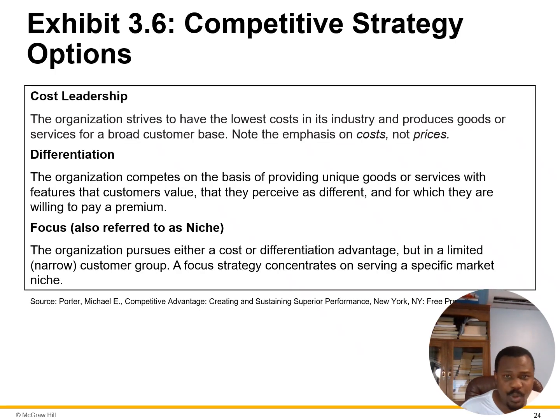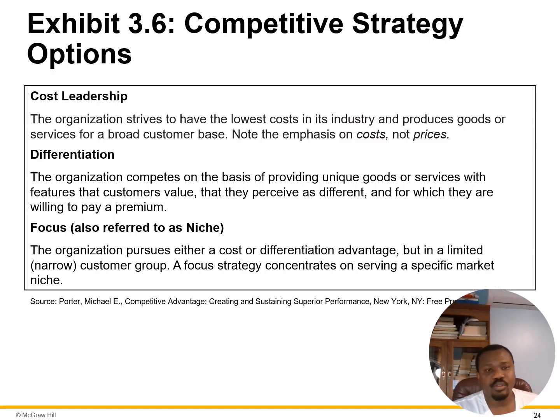Now, let's look at competitive strategy options. When we look at competitive strategy options, what goes on there? Let's look at that. Competitive strategy options. Cost leadership. The organization strives to have the lowest costs in its industry and produces goods or services for a broad customer base. Note the emphasis on cost, not price. So cost leadership, and then we say that